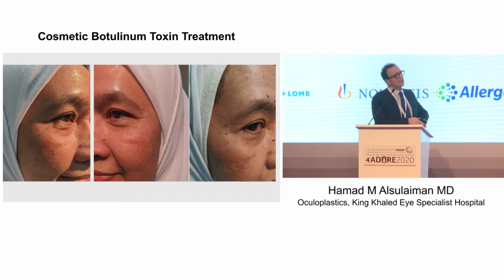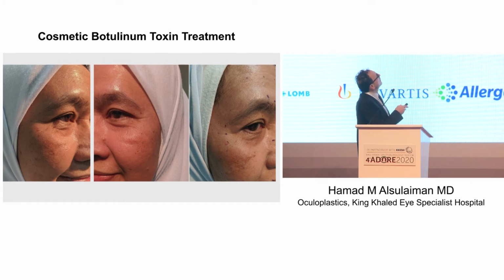One of the guidelines for making the marking for these wrinkles is to stay away from the orbital rim by at least 1 centimeter. While you are doing the injection, how do you evaluate 1 centimeter? I would suggest roughly putting a finger in between the orbital rim and the site of injection, and you are pretty sure that you are away from the risk of injection in the